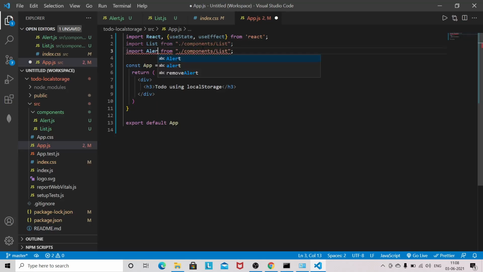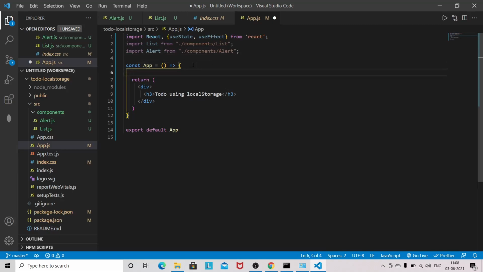and this will be alert, and I will use some state here. So name, setName, useState, and I will copy 4 times.